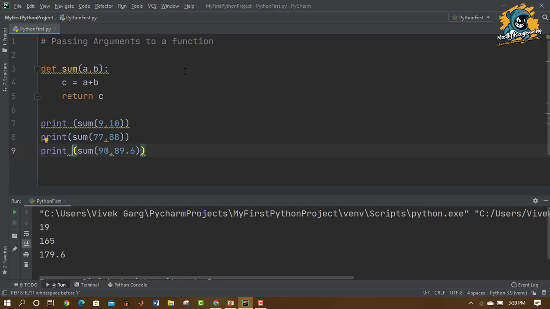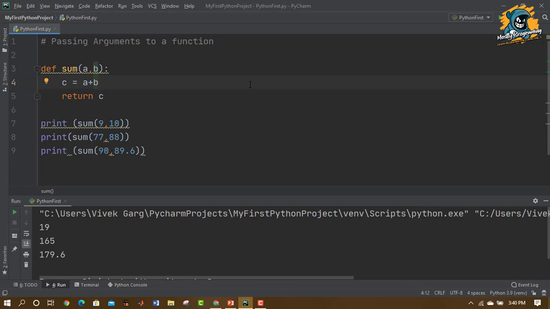Instead we are returning the value c to the main program, and then we are printing it. We passed 9 comma 10 to sum, the sum of those numbers is evaluated, and the value c, which is the addition of the two numbers, is returned here, and that is printed. That's how we pass arguments to a function and return values from a function after evaluating them.